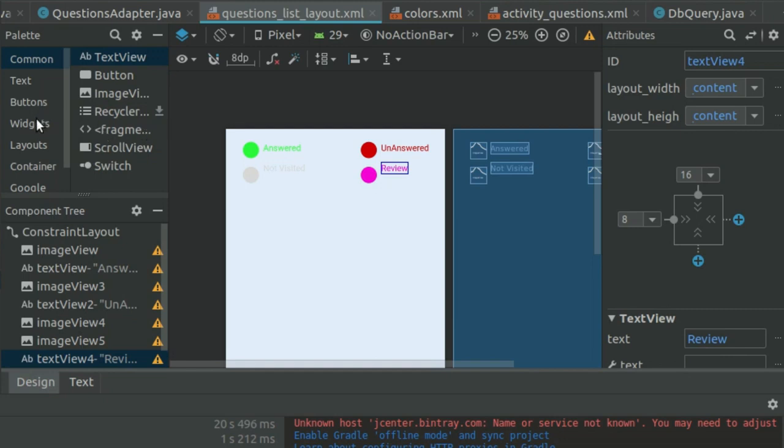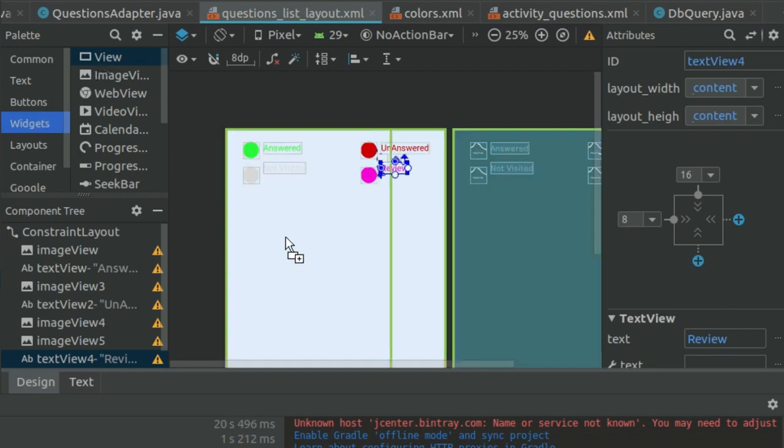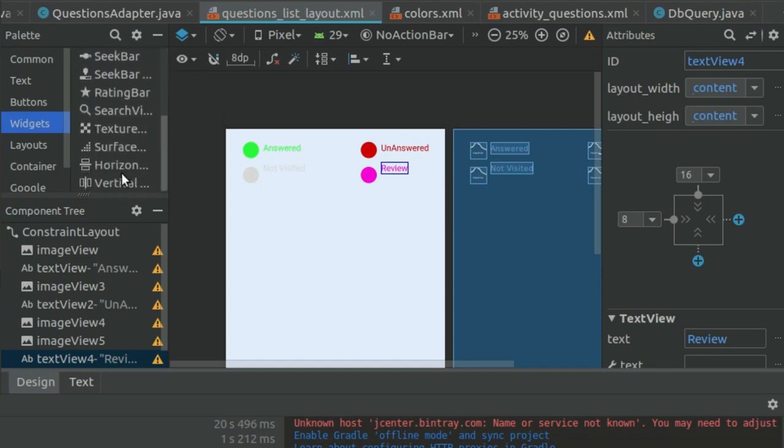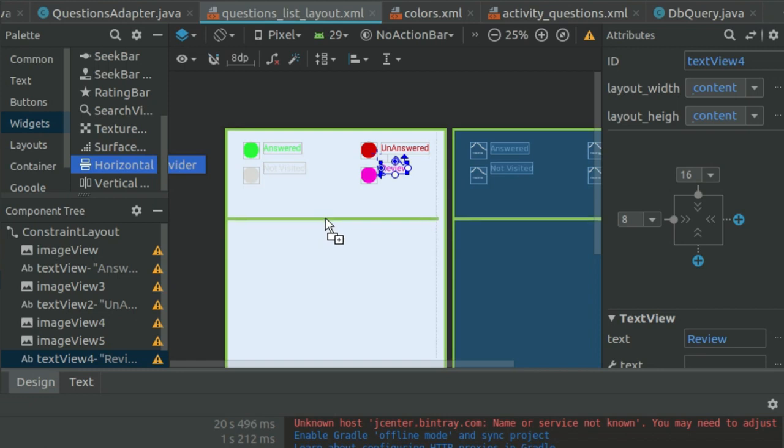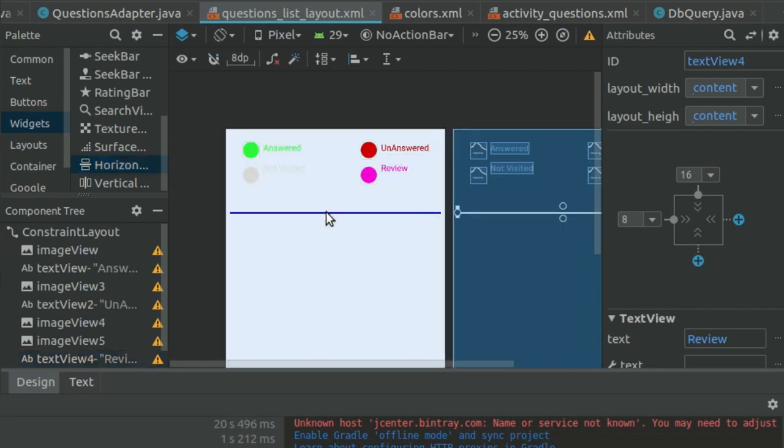Here we have views in widgets. In widgets, drag this view and drop it. Okay, not this view, we want a divider, horizontal divider. So come down, here we have horizontal divider, drag it and drop it here. Okay, and then